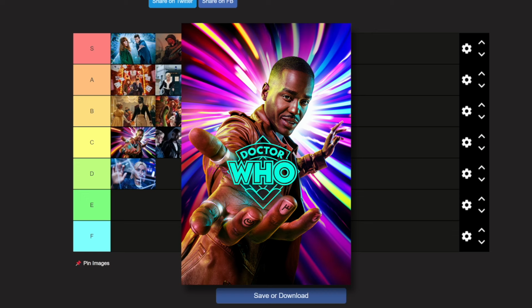Overall, if we look at the tier list in front of us right now, I would raise pretty much every episode. So I would put The Giggle and The Devil's Cord in S. I'd probably keep Rogue and The Star Beast where they are, but I would put every other episode in A, and then probably Empire of Death in C, which is a pretty big...